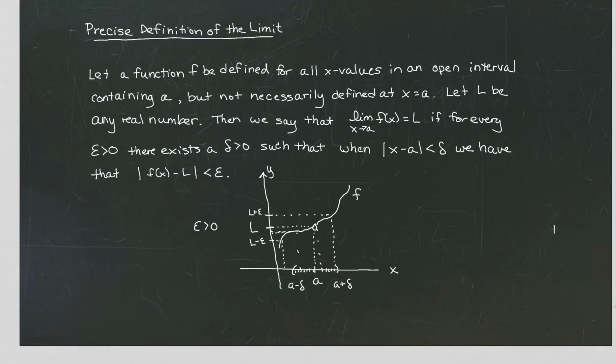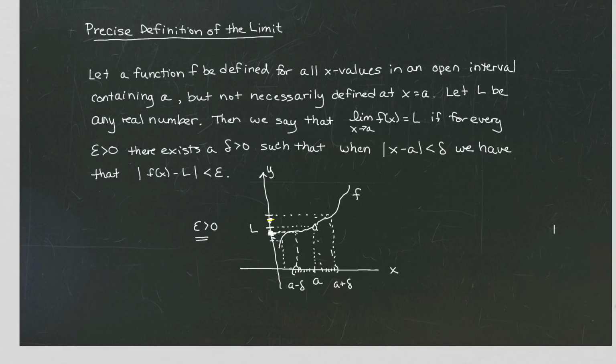If that's true, then that means that all of these x values are going to be mapping here in an area that's close or significantly close to L. Now, if we shrink that epsilon, because remember, we're allowing it to be any epsilon, so if we were to shrink that epsilon and pick a new epsilon value, specifically one that's smaller,